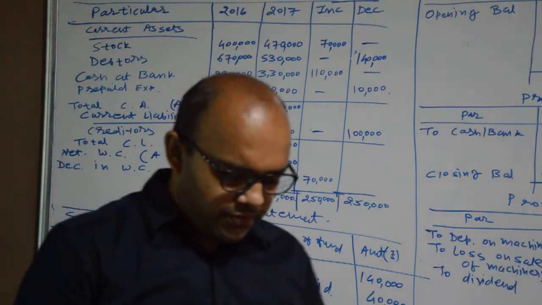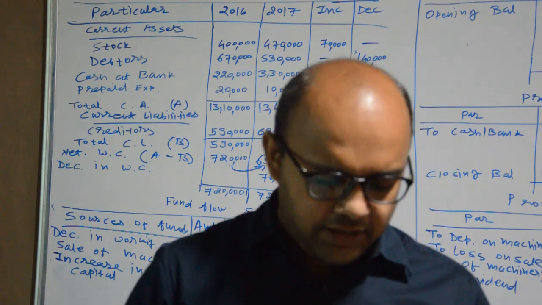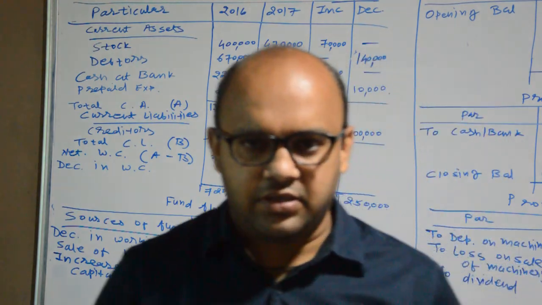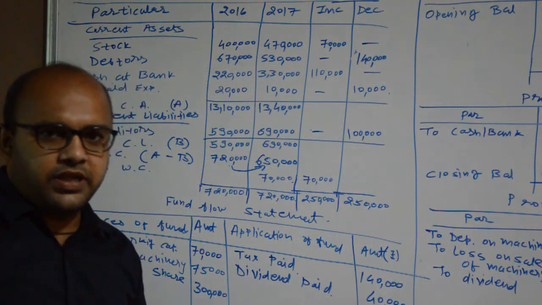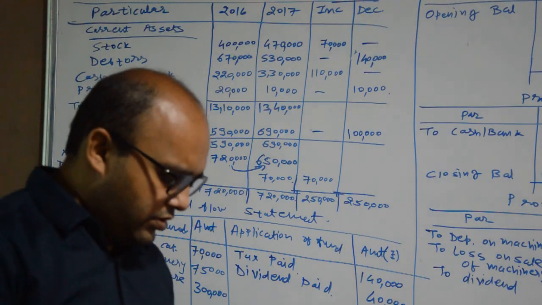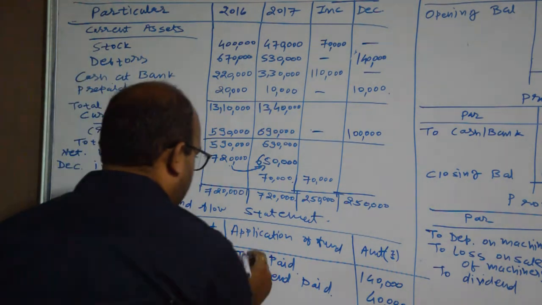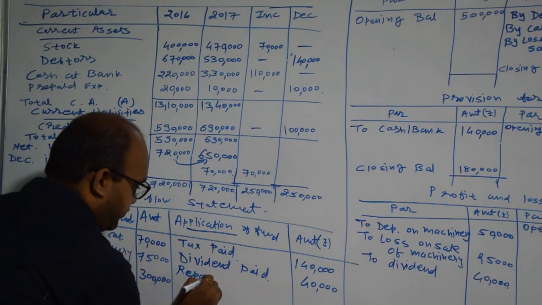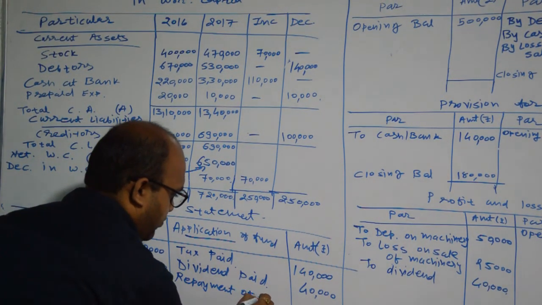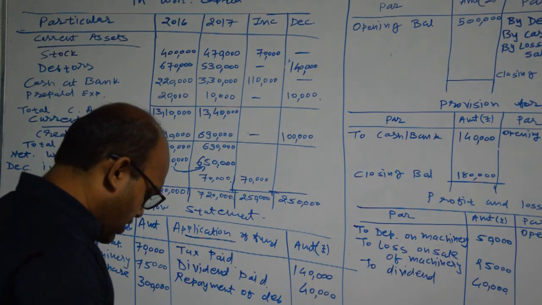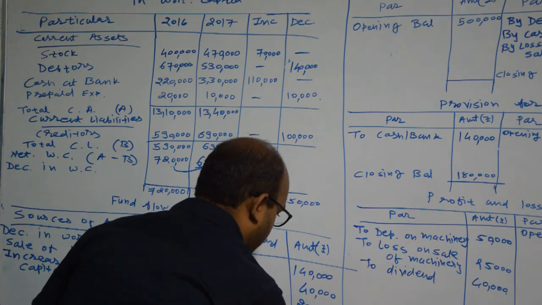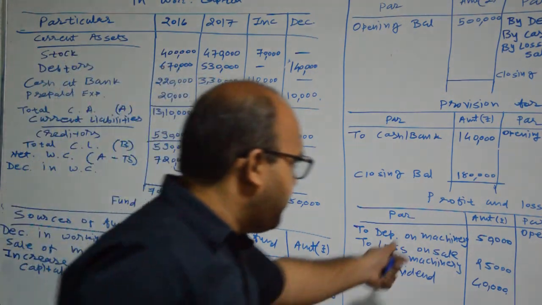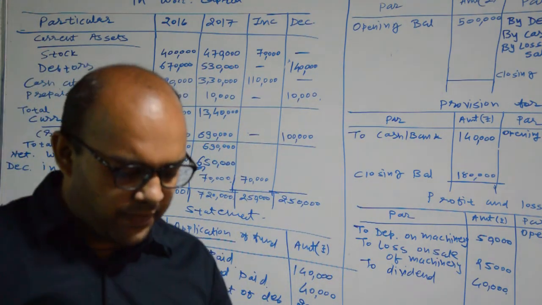Next, 14% debentures. In 2016 it is 6 lakh and in 2017 it is 4 lakh. Then there is decrease, and when there is decrease, it shows that debentures are repaid and amount of rupees 2 lakh. Okay, it will have effect on application of fund side, repayment of debenture. How much amount? 2 lakh rupees. Okay, next, P&L account, balance is given in P&L adjustment account, so no requirement of any effect.